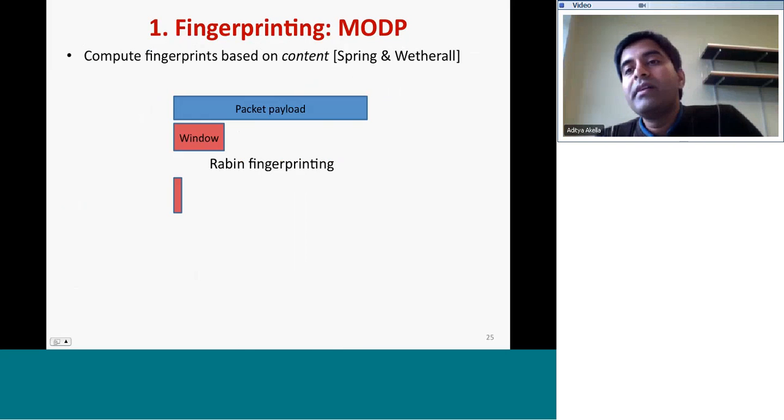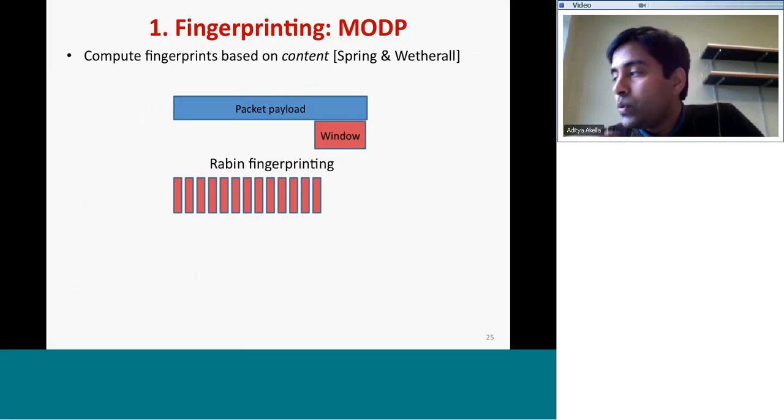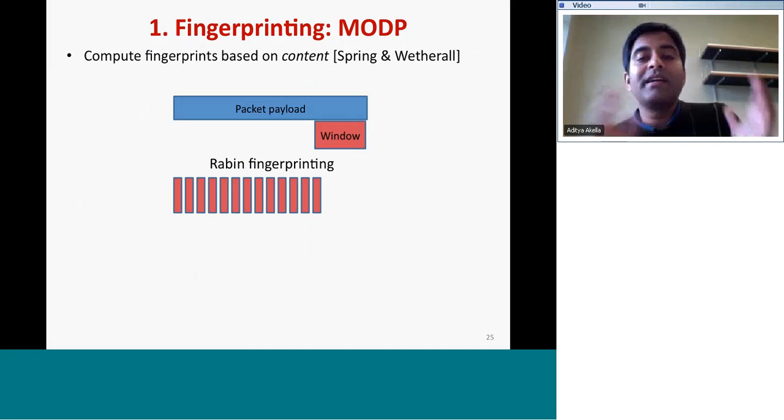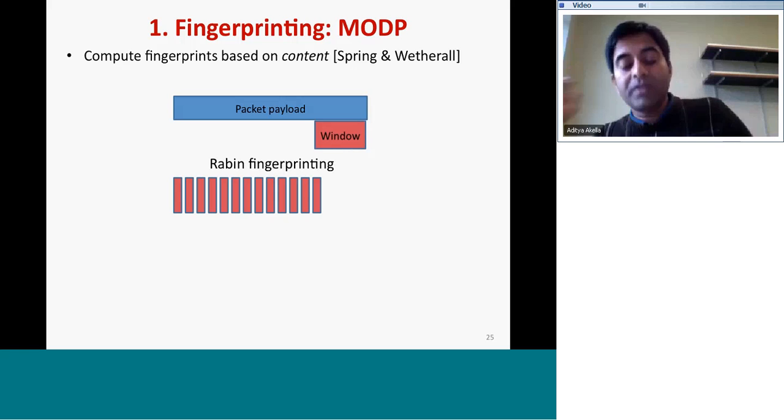So one common way of doing fingerprints is a scheme called MODP. Essentially what you do here is you have a fixed length window, something like, let's say, 32 bytes, and you compute a hash over that window for the entire length of the packet. So if the packet is 1500 bytes, roughly you end up with 1500 such hashes. You can use any hash function, but there is a specific kind of function called a Rabin fingerprint. That's a specific hash function that you can implement much more simply using a small number of additions and multiplications. You don't have to recompute the hash function for every new window.